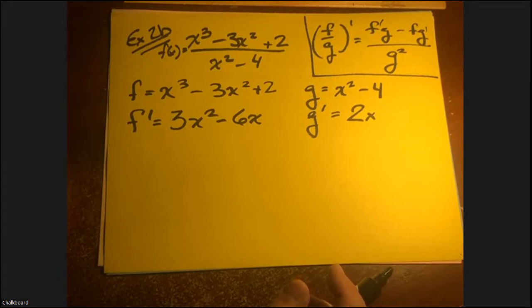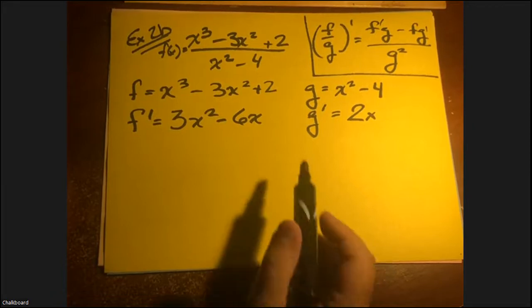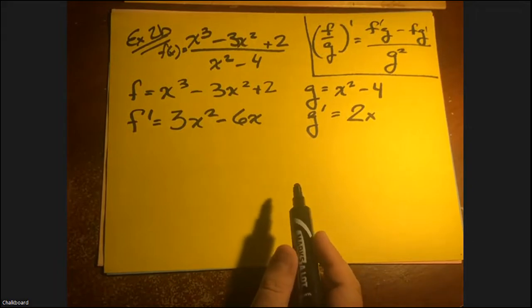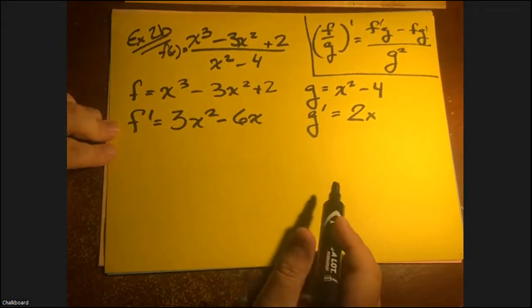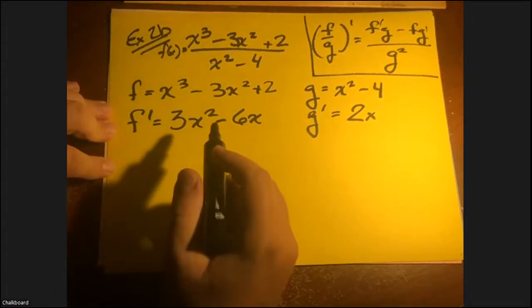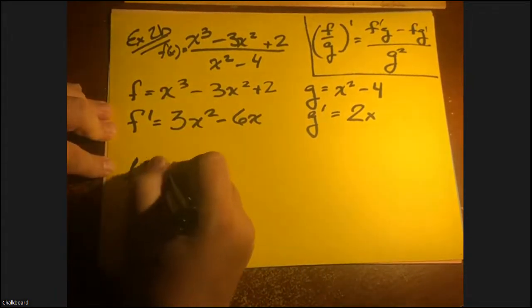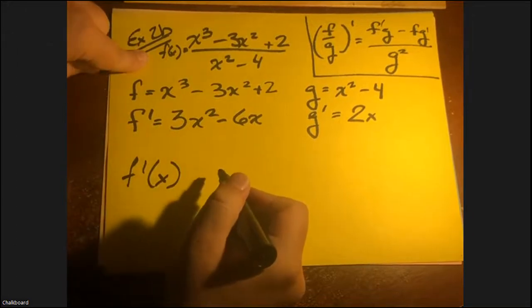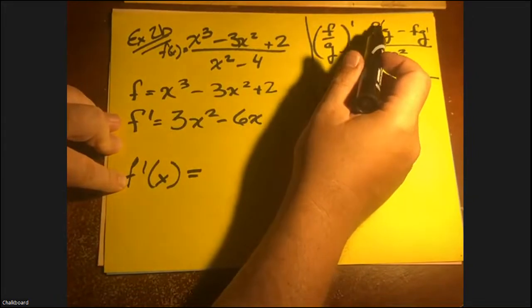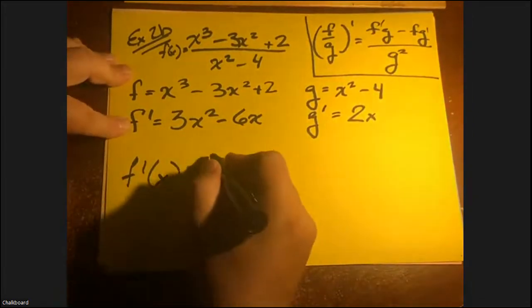The quotient rule has in it the power rule and the constant rule, and for the two, the other rule was the coefficient rule. They're all in there. Next, let's assemble the derivative using the quotient rule. We're trying to find f prime of x, because this function initially was called f of x. F prime of x now is going to be, as our formula tells, f prime g, which is this expression,